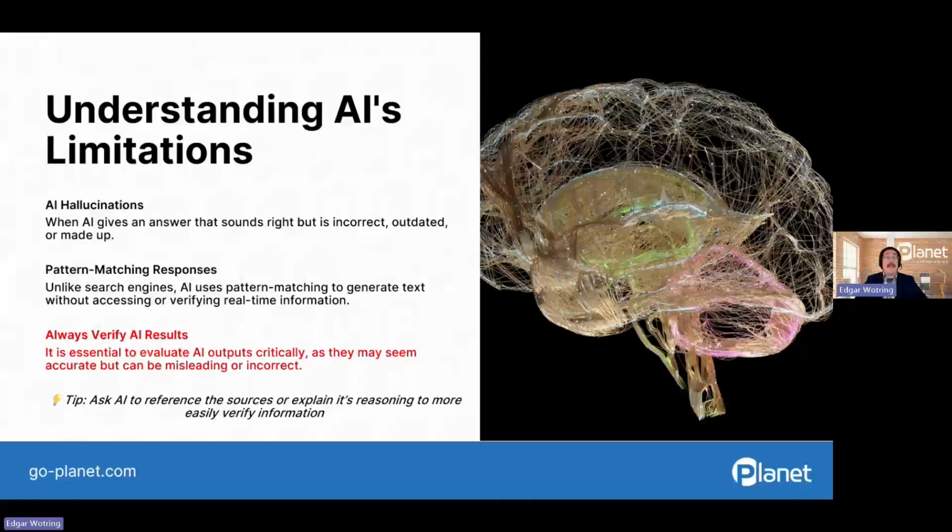Unlike search engines, AI models do not retrieve verified data, but they use pattern matching to generate their responses. It's important to always critically evaluate AI outputs, as those outputs may sound convincing, but they could potentially be inaccurate or incomplete in all of their details.